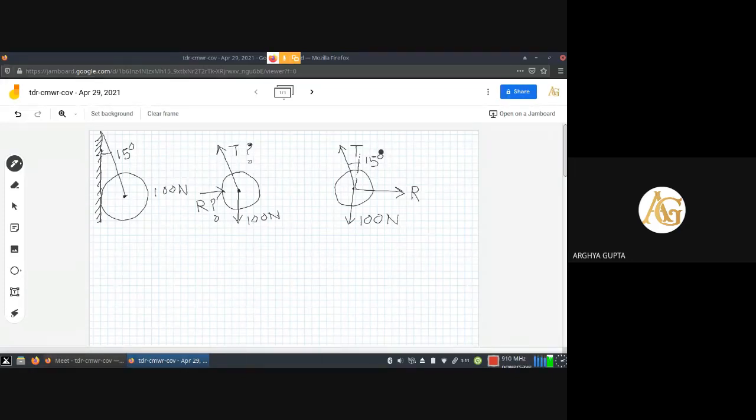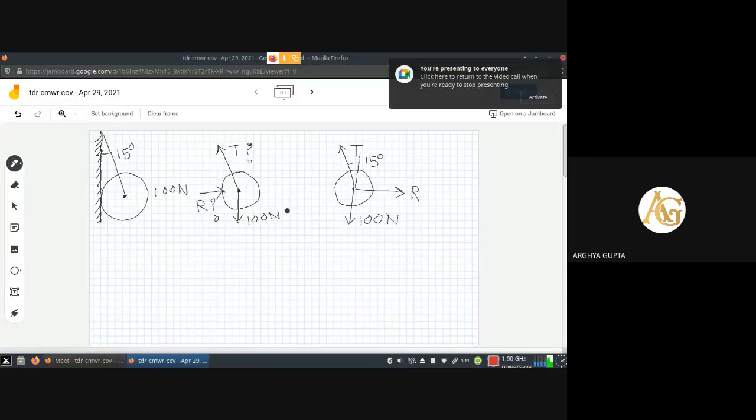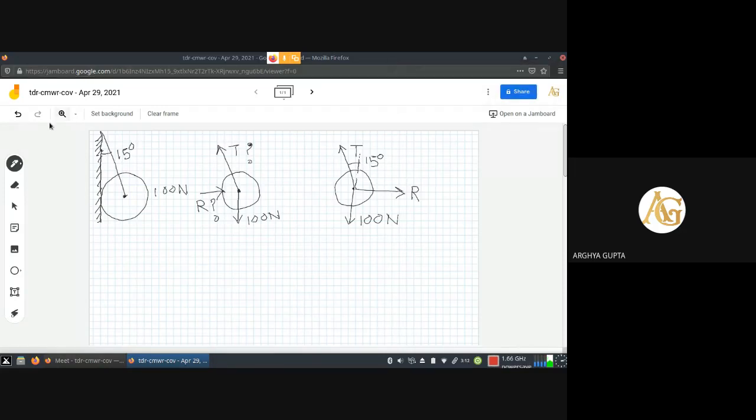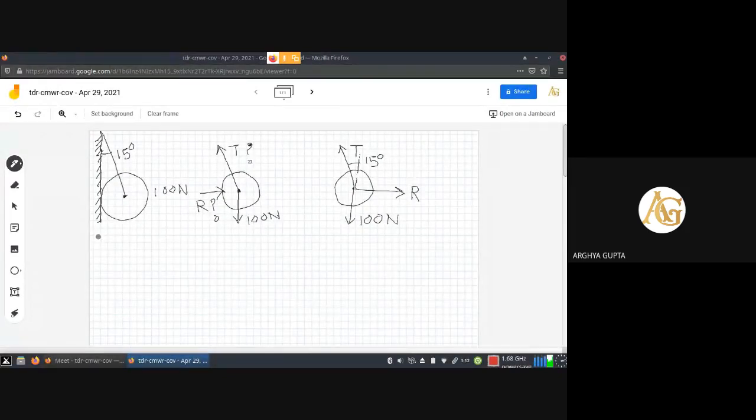So there are two ways to solve this problem. One way is to apply Lami's theorem, and another way is to resolve the forces vertically and horizontally, and make the summation of horizontal forces 0 and vertical forces 0. Firstly we will apply Lami's theorem: each force is proportional to the sine of the angle between the other two forces. So firstly we will take the force T, and I can write from Lami's theorem,